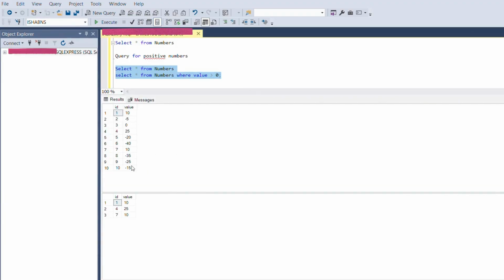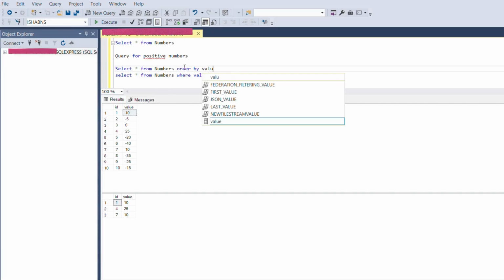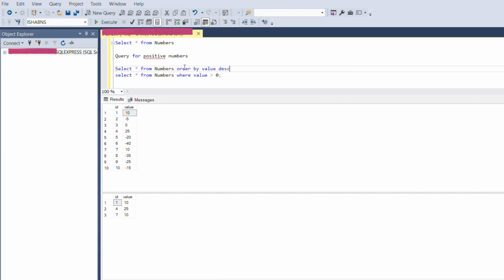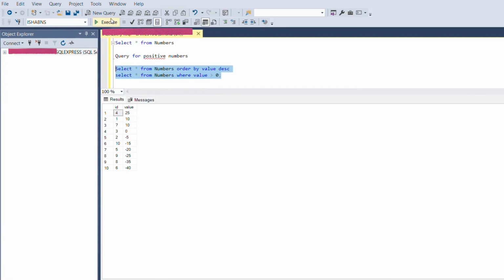So this is clumsy, no? Okay. Here you can see value 10. Let me sort it by giving order by value. So I'm sorting on the value column, descending. If we do not give any ascending or descending, by default it will take ascending only. Let me give it as descending.